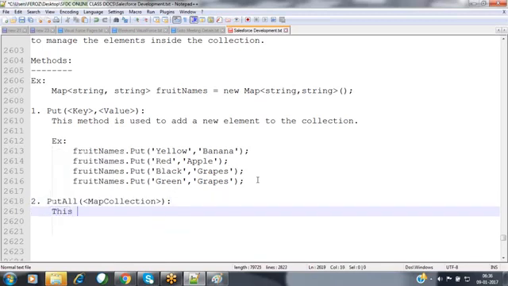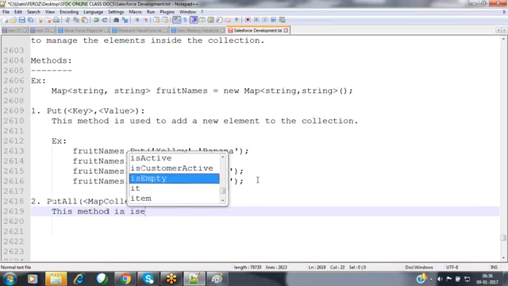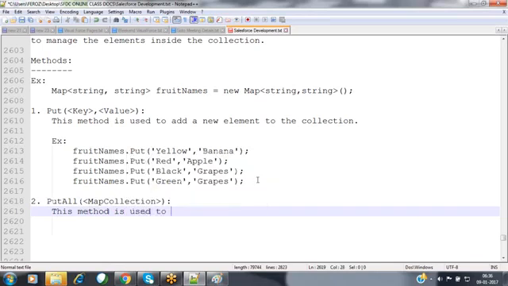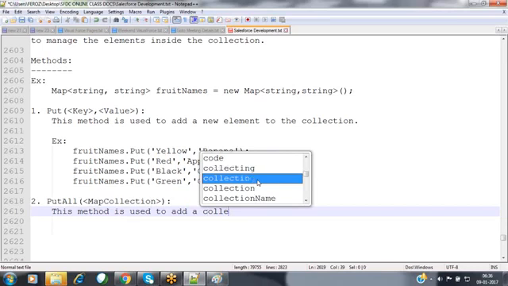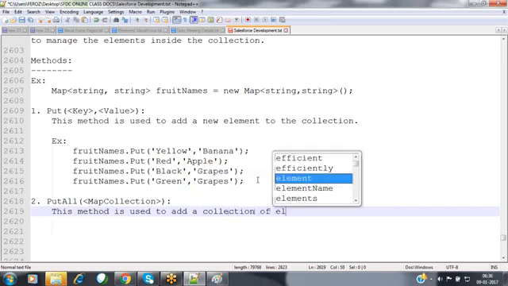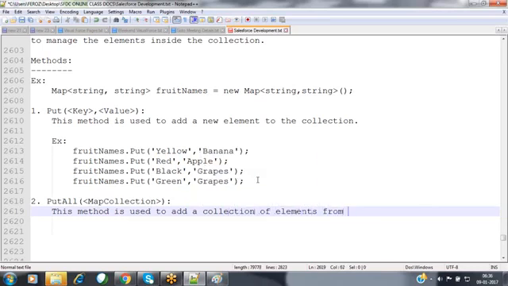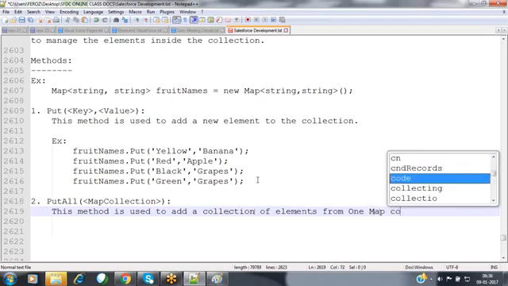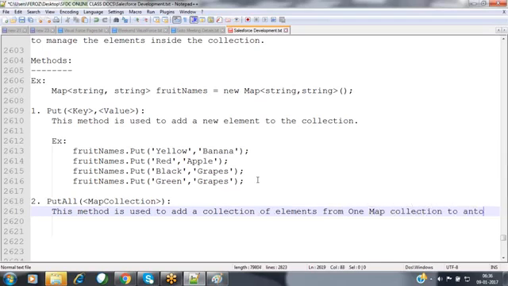This method is used to add a collection of elements from one map collection to another.